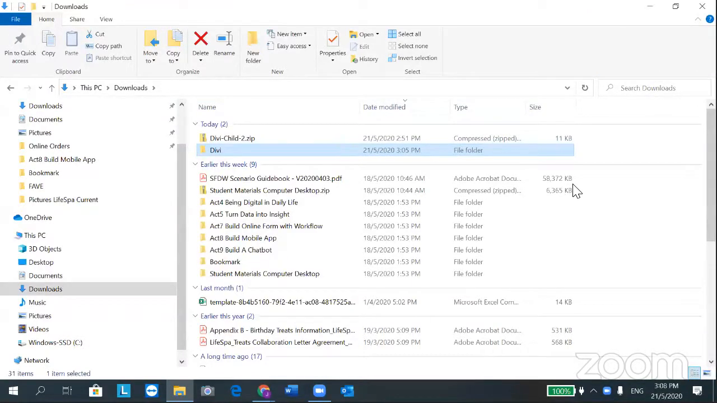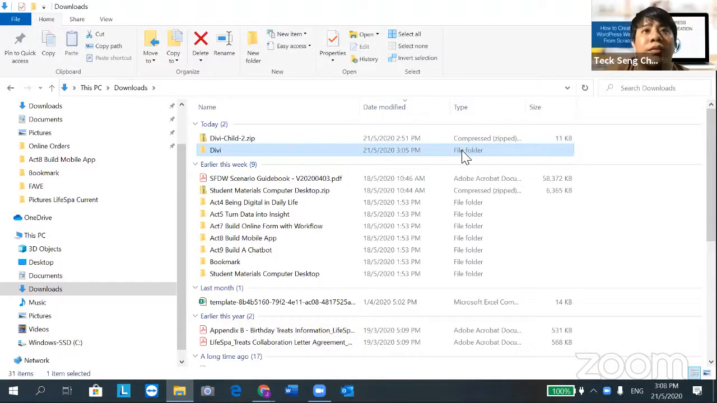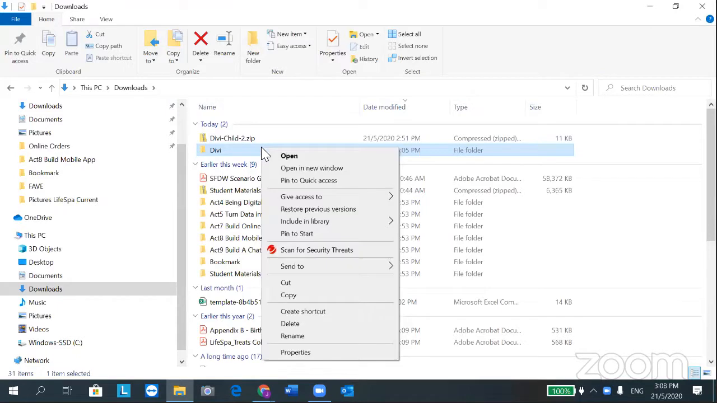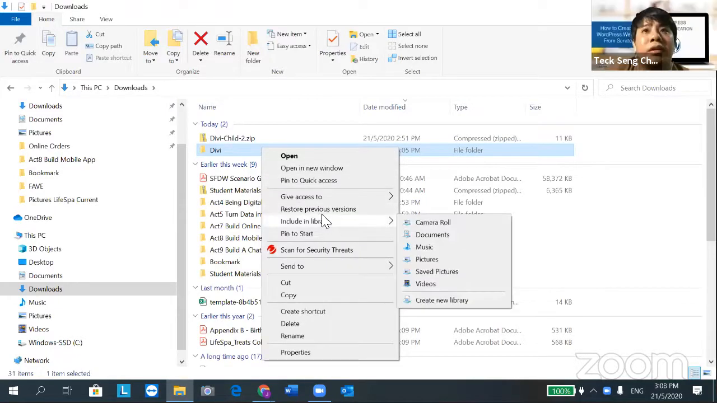I don't think it's in. The file folder looks empty here. No, it's correct. Can you right click on the DB first? Right click. Then you can click send to